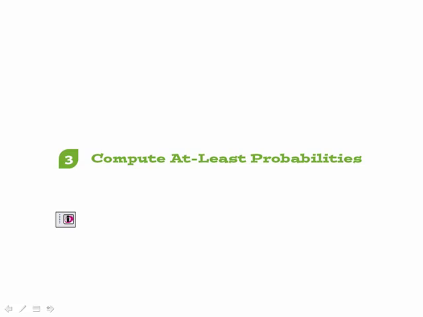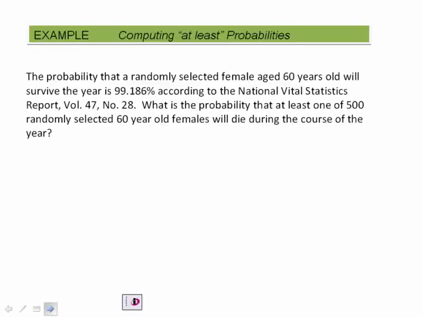We're now going to compute at least probabilities. The probability that a randomly selected female age 60 years old will survive the year is 99.186%, according to the National Vital Statistics Report. What is the probability that at least one of 500 randomly selected 60-year-old females will die during the course of the year? So here we want the probability